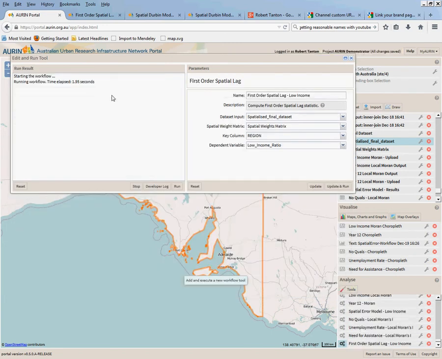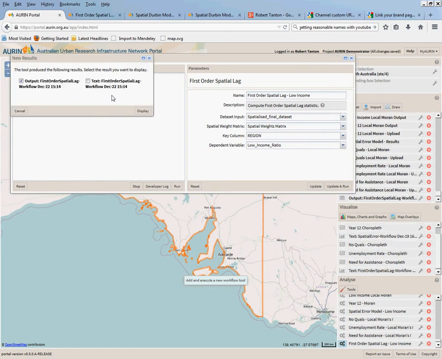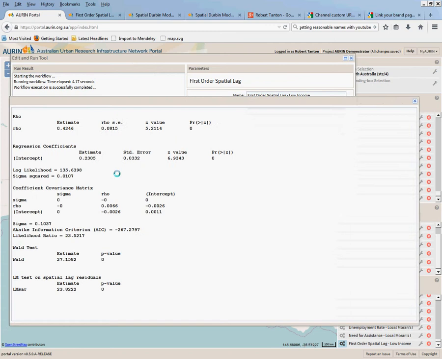It's running. We've got the output, and we've also got some text showing the results. Let's just display that. And we have got some results here. They're all significant, suggesting there is some clustering here. Let's just have a look now at a spatial